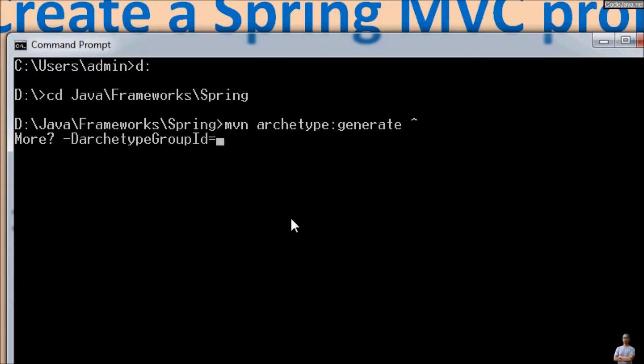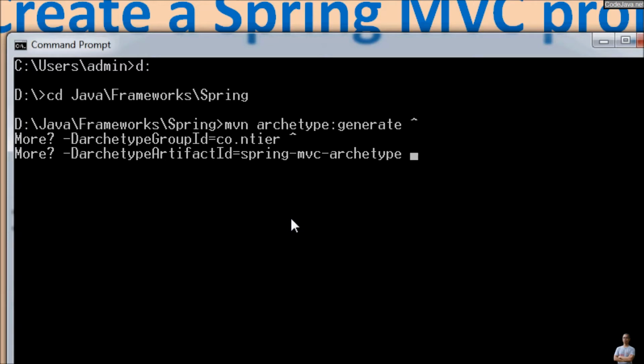Group ID is net.codejava, and archetype artifact ID is spring-mvc-archetype, and archetype version is 1.0.2. Hit enter,